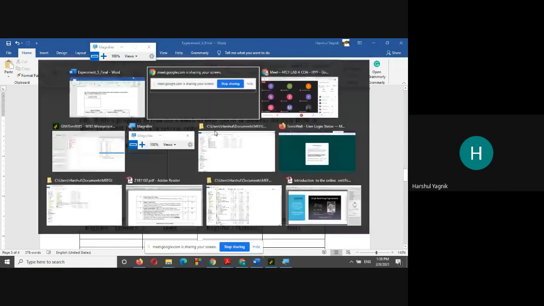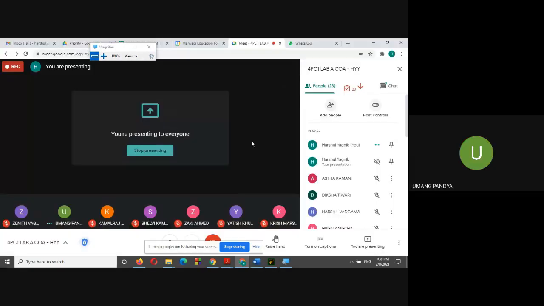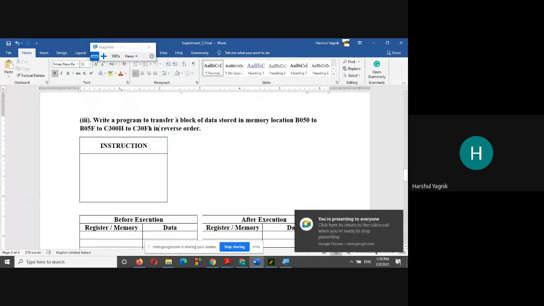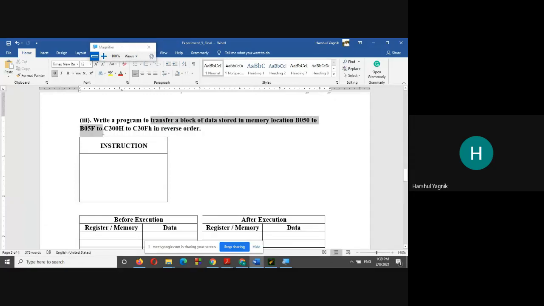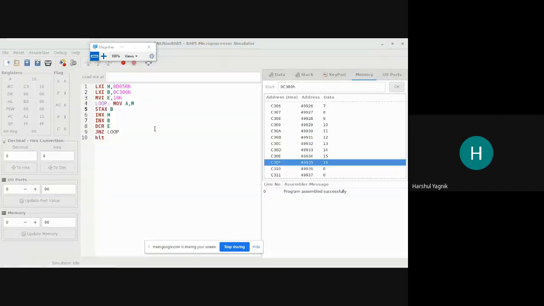Students? Yes, sir. Okay. We need to transfer the data from the memory location B050H to B05FH to the memory location C300H to C30FH, but the transfer has to be in reverse order. So now you tell me, what should I do in the given code? Already we have written a code.